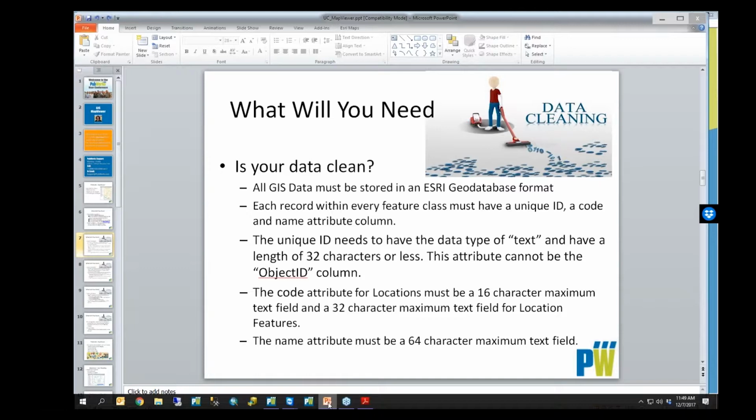The code attribute for locations is a maximum of 16 characters. Now that's, like I said, if you're using all the same attribute, that's the most stringent, so that's what we will have to go with. And also be